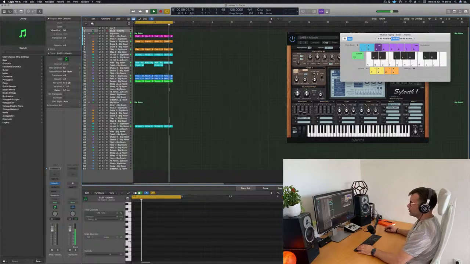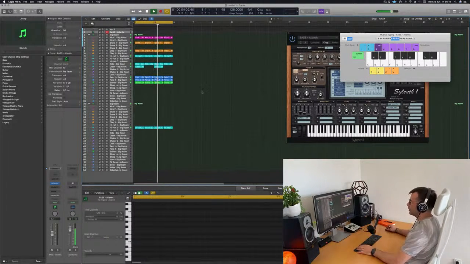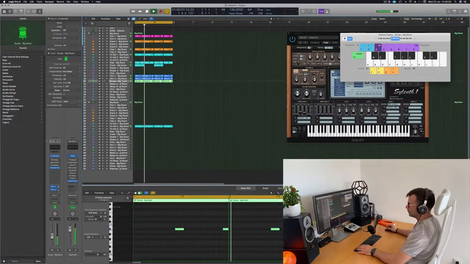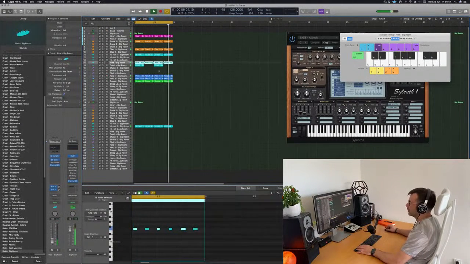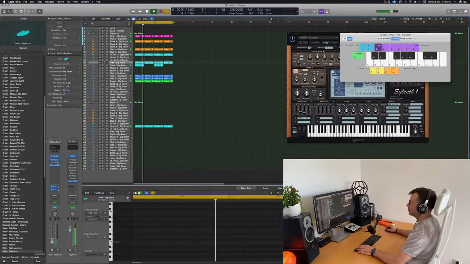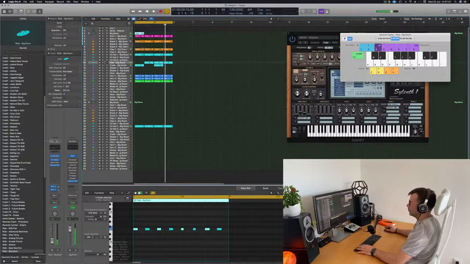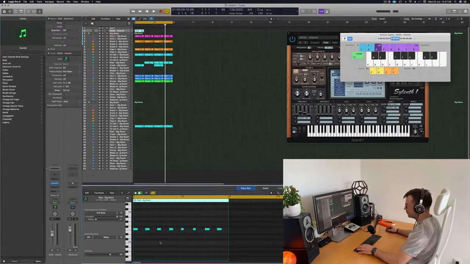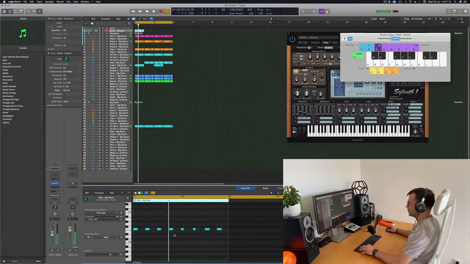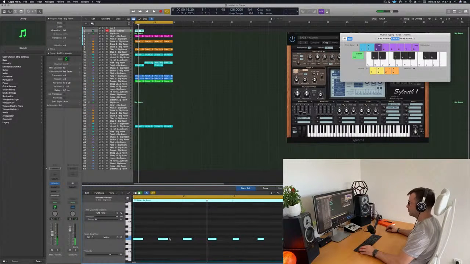Now we're gonna go into Sylenth1 and try to create a very simple melody, which actually, yeah, some people think I'm lazy, but I think I'm smart. So I'm gonna take this ride here that we built, I'm gonna drop that on there, and then I'm gonna check which, oh, not here actually, on the Sylenth channel. Let's see where it is. Okay, that's a bit too high. It's almost too low, but